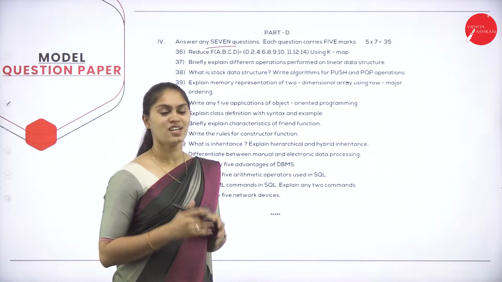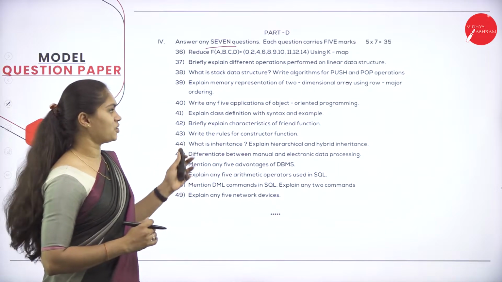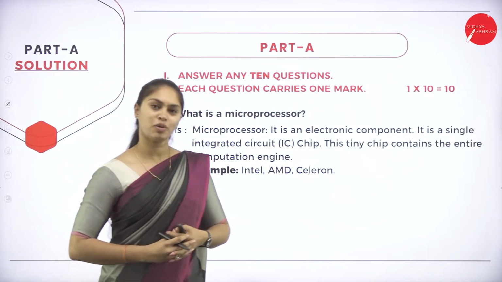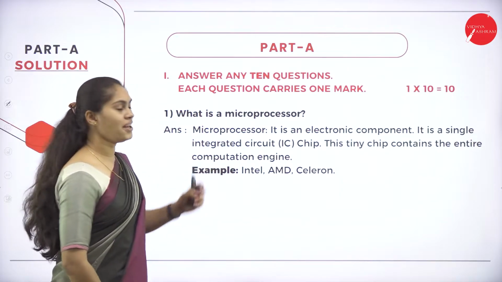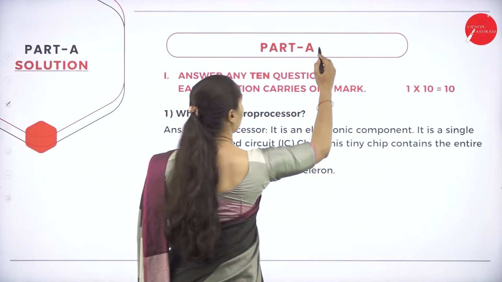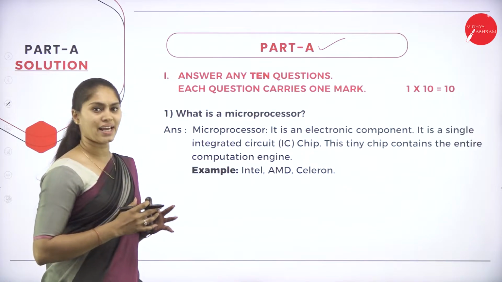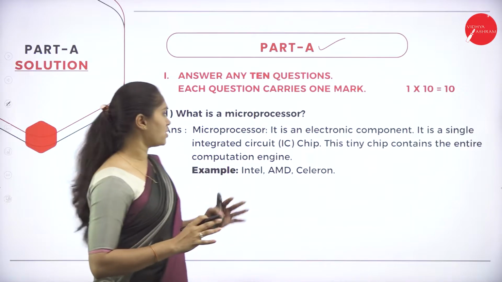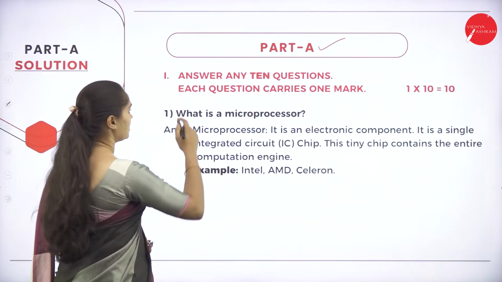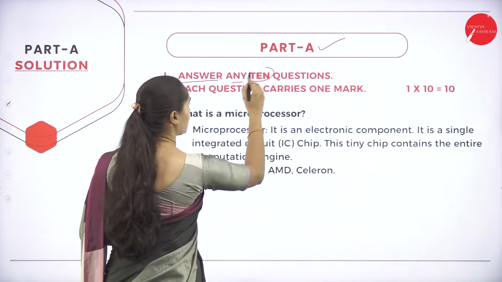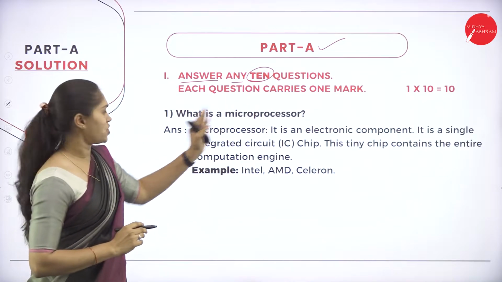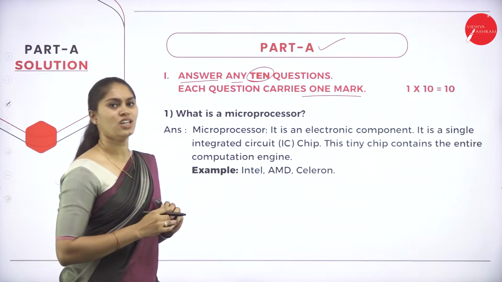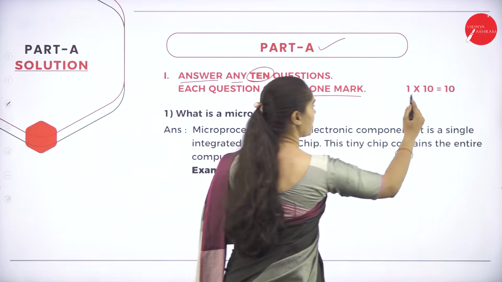Everything is clear now. So without wasting much time, we'll get into today's session, that is the solution of each question as per the model question paper. Let me discuss part A first. In this part A, as we all know, it carries 15 questions. Out of 15 questions, we need to answer any 10. That is what we are going to discuss in this slide: answer any 10 questions, and each question carries 1 mark. So this is all related to 1 mark questions. 1 into 10, totally it will give